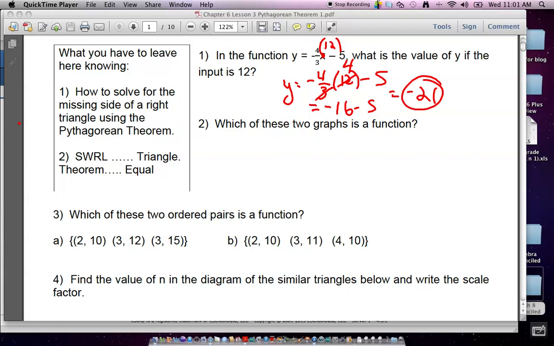What do we got? B. Why is A not a function? What's that? Because there's 2 3's in the domain. 3 has an image of 12, 3 has an image of 15. Good. All right, so now the next thing I want to do is give you a diagram for number 4,